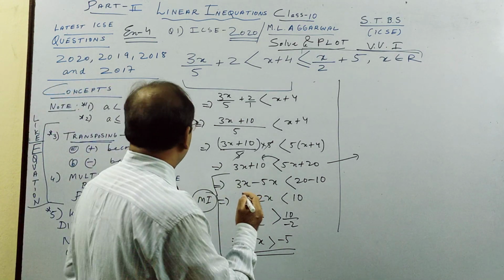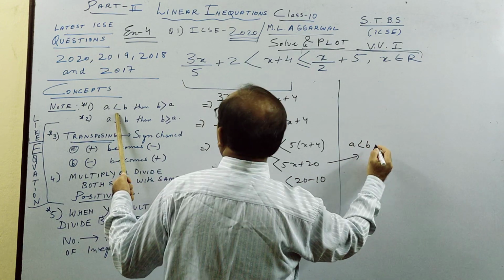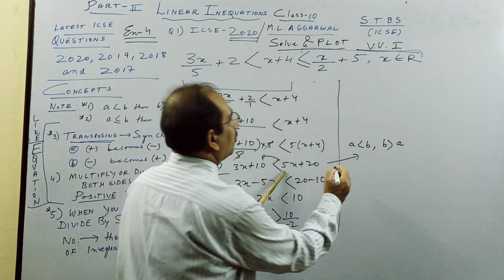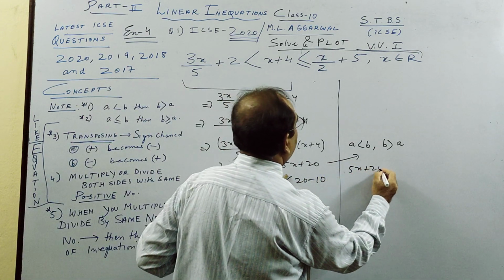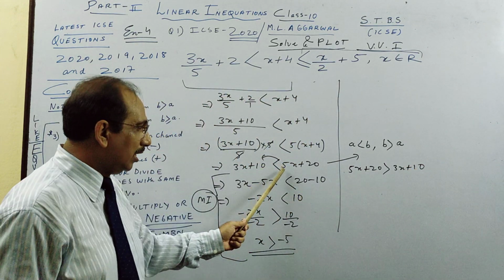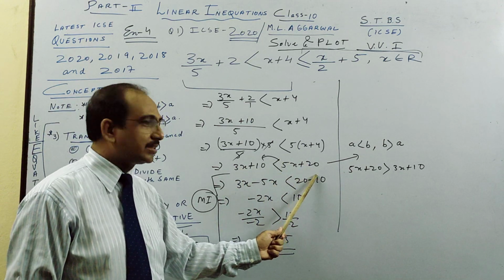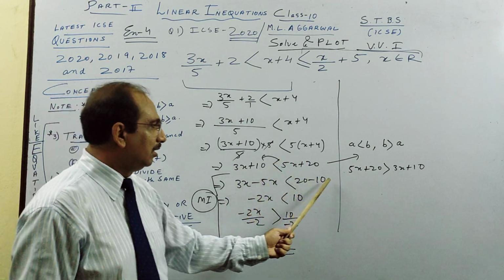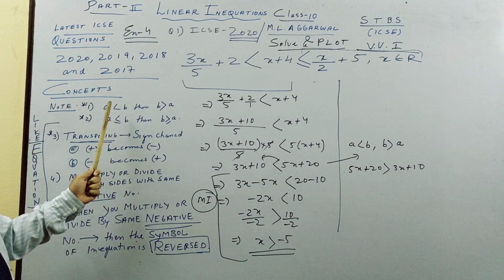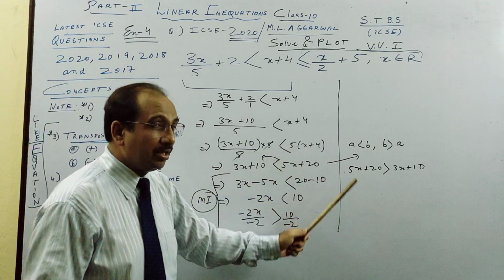Next, see here, this rule. If A is less than B, then I can say B is greater than A. If this is less than this, you just write the opposite. 5x plus 20 is greater than 3x plus 10. Now see what happens. The bigger one I have brought to the left side, and the left side I have made the right side, and I have reversed the sign here. So this rule I apply. Rule 1. So if you don't apply 5, you have to apply rule 1. If you apply rule 1, you don't need 5, because in rule 1 there won't be a negative.